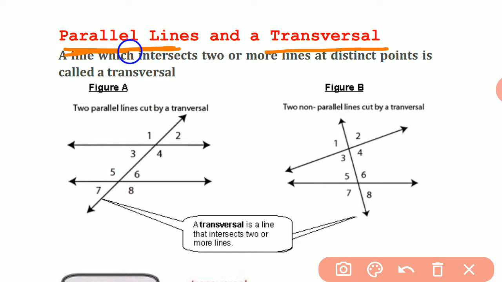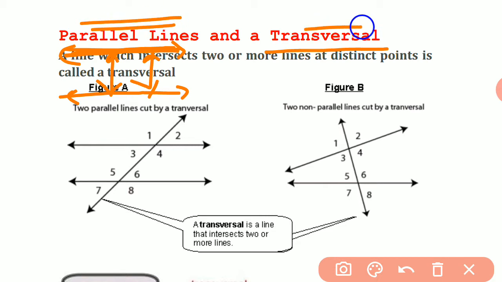When two lines never meet, then they are known as parallel lines. That is, the distance between them is always constant. Suppose these are two lines and the distance between them is always constant and they never meet when extended, they are known as parallel lines. And transversal